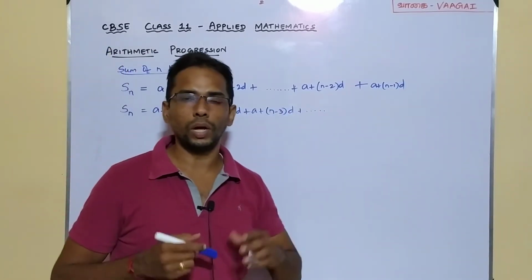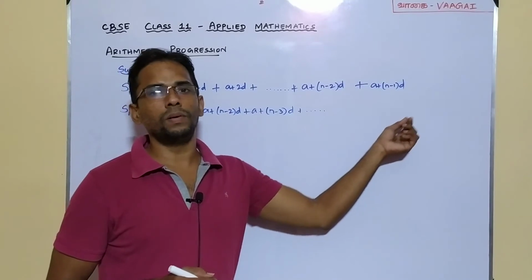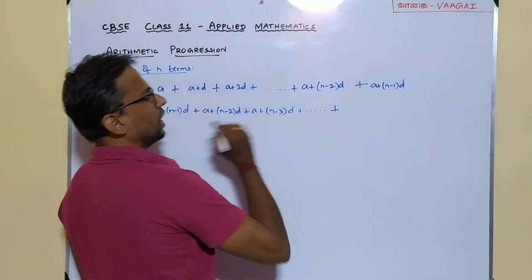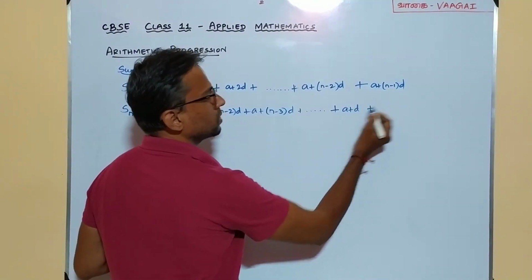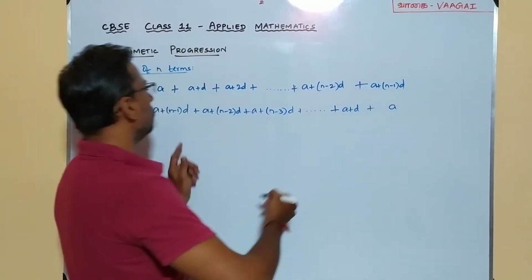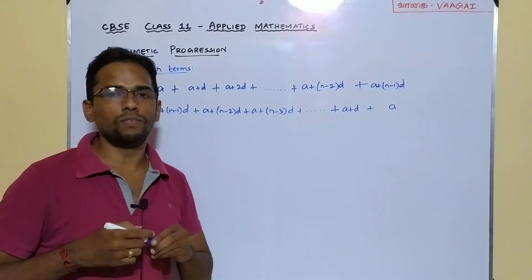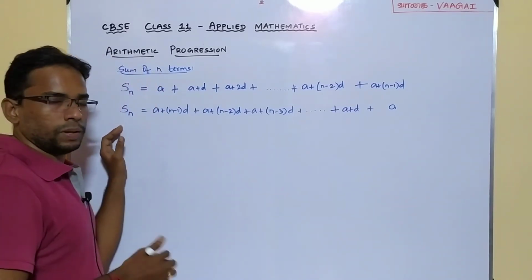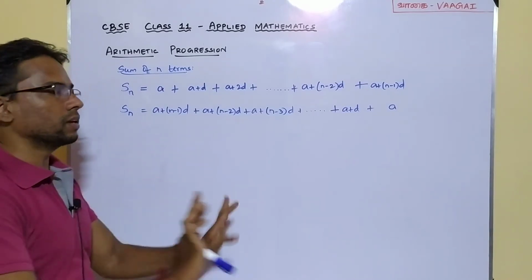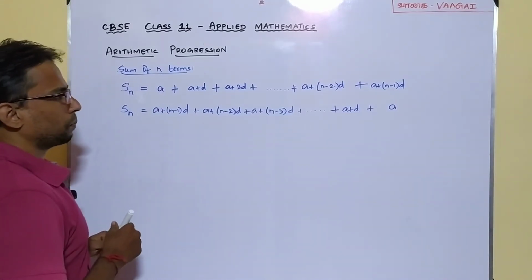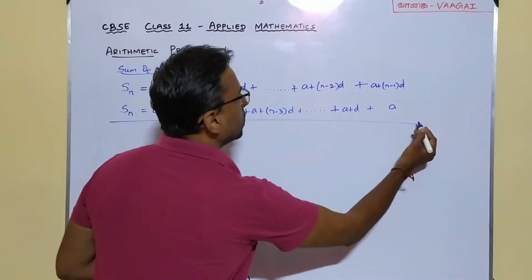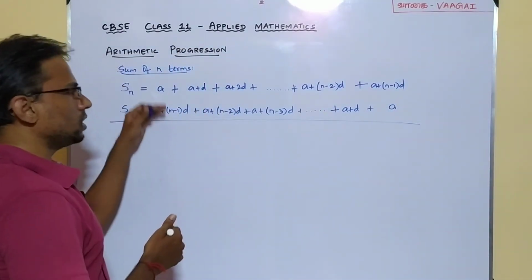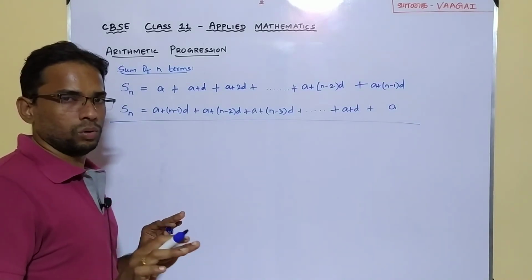And finally, I'm going to end up with the second term and first term, right? The second term will be, we already have it here, a plus d, and plus the first term will be a. We all know that very well. So I have written the same thing in a different way. That's it. So this is going to be once again the same Sn. Yeah, fine. And now my plan is, I am going to consider them as two equations and I am going to add both these equations. Yes, shall we do that?